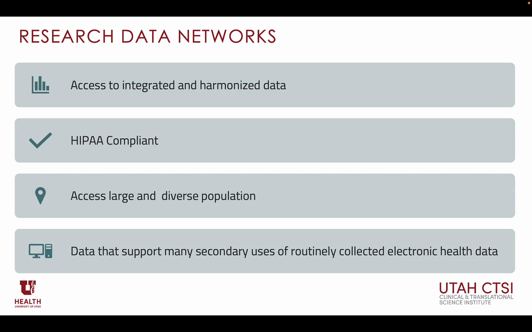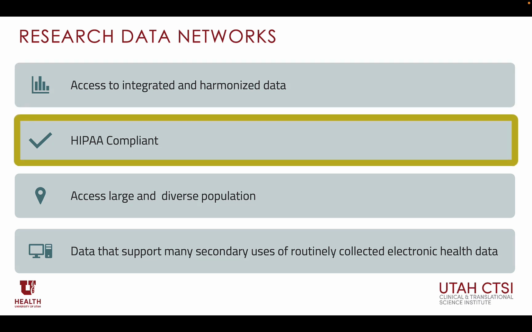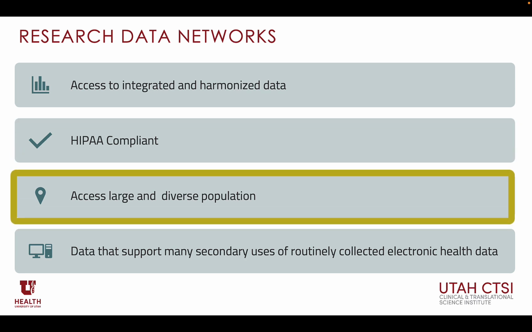Research data networks facilitate access to standardized and harmonized electronic health record data from multiple sources and locations and present them in a single, easy-to-use and secured view. As a result, researchers can access electronic health record data from multiple organizations in one location while abiding by federal and state privacy protection laws. These tools provide access to a larger, broader, and more diverse population that can be used